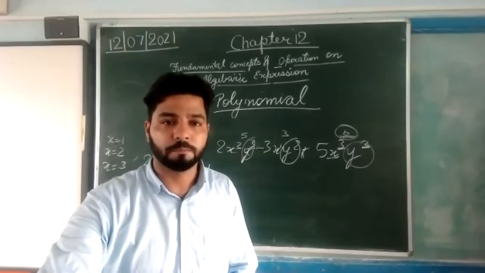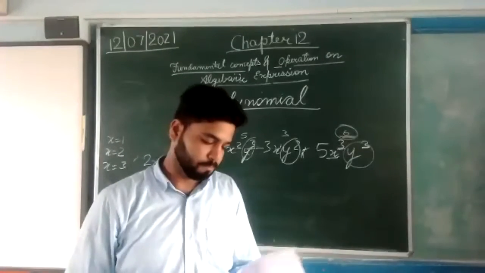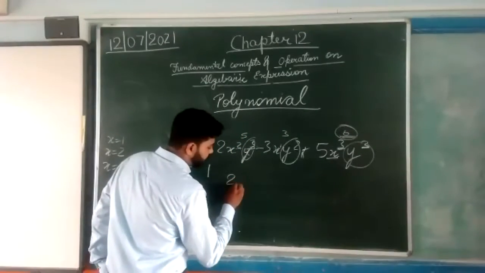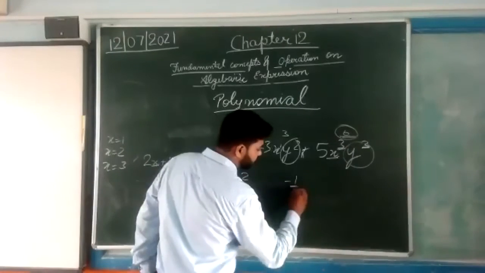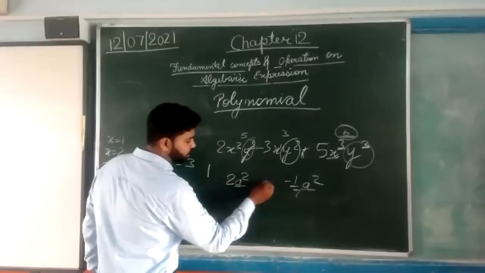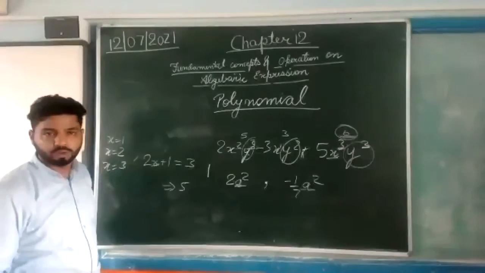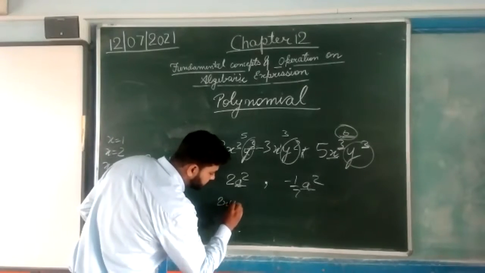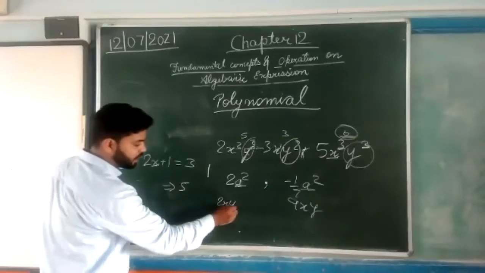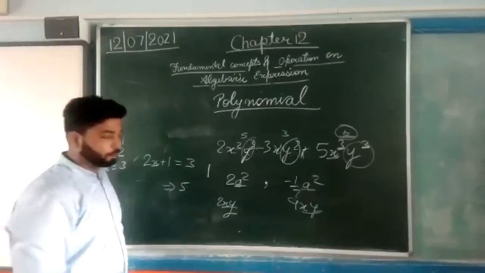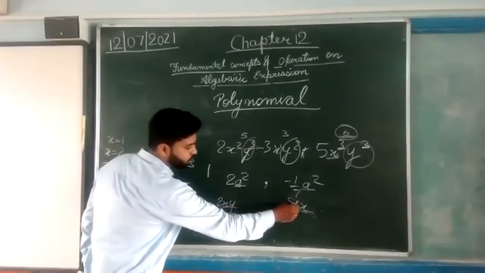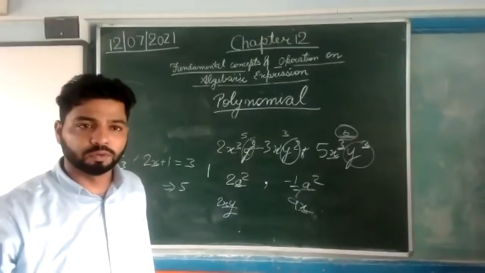Yes, Shantanu, tell me. Sir, I can't understand like terms. Like term. Yes, sir. As it is 2a square and 1 upon 7a square, they both are containing a square and a constant value, then it is called a like term. Okay. If there is 2x^5 and 9x^5, they both are containing x^5, so they are like terms. But if there is only 9x and 2x^5, they both are not alike. They are unlike terms. Okay.